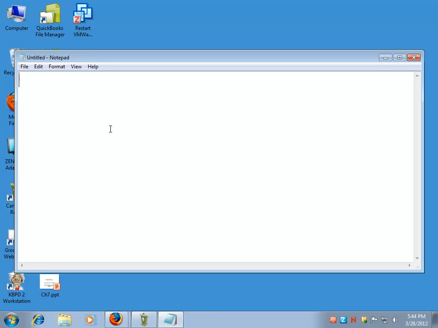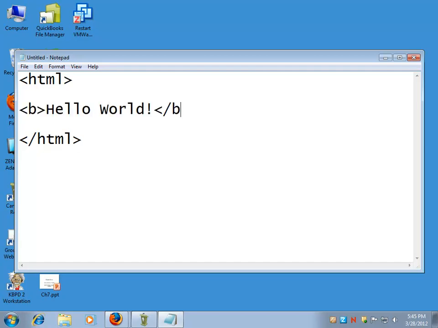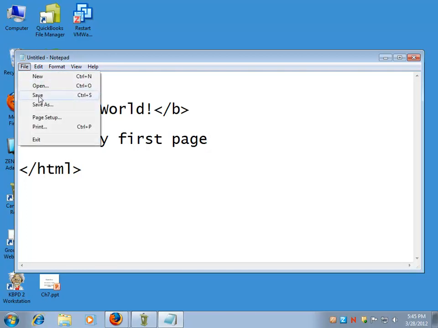HTML. All right. So HTML. Here is how we can write HTML. We'll say maybe in bold, "Hello world," and we'll say this is my first page. So this is plain HTML, and I can go to save it